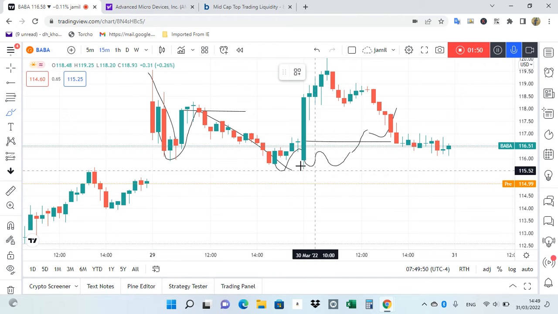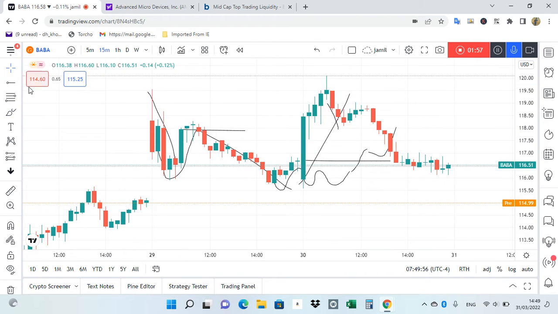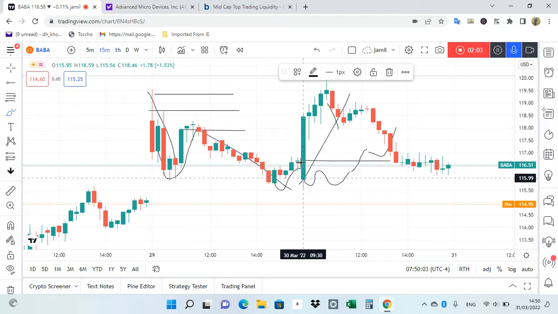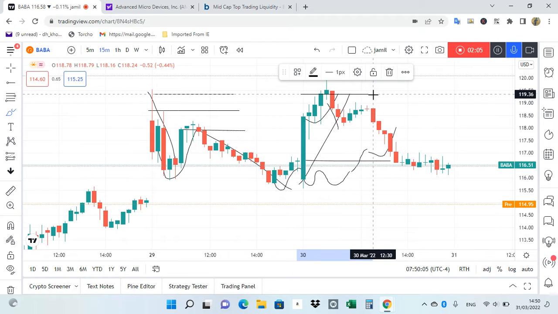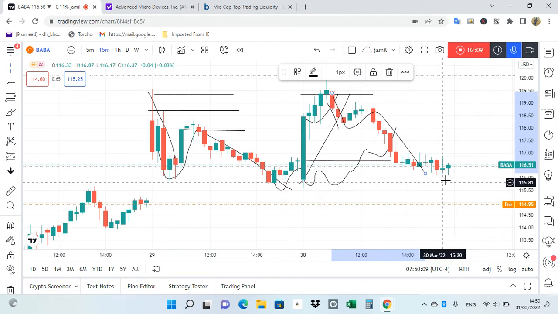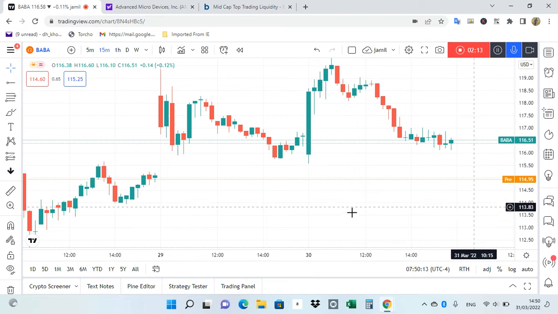So in this case, if the market does like that, no doubt at any point on the higher side, the seller will meet a strong resistance. These are the strong resistance. So whenever the market tries to do like that, they will go and short the market, and definitely the price action is very clear. The market will go down again. So in this case, we have confirmed that the market now looks very negative.